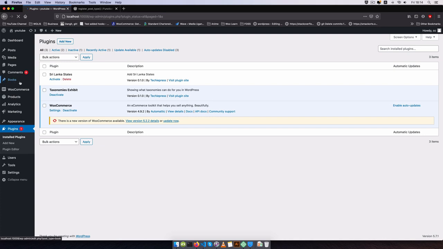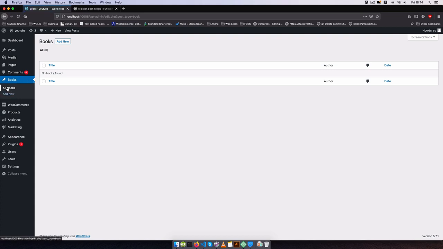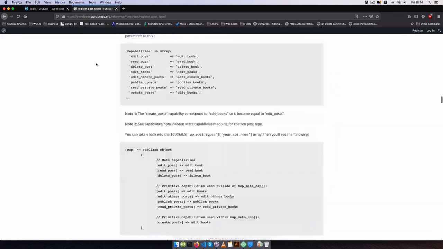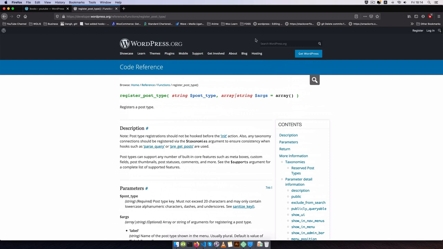You'll now see that we now have this books post type that has come in, and if I go to click on the books post type, you'll just see it has only books, and it has add new that will allow us to add new books. But let's say I want to have genres in my books. So what I'm going to do is I'm going to go back to our documentation inside WordPress, and then what I'm going to do is register taxonomy,